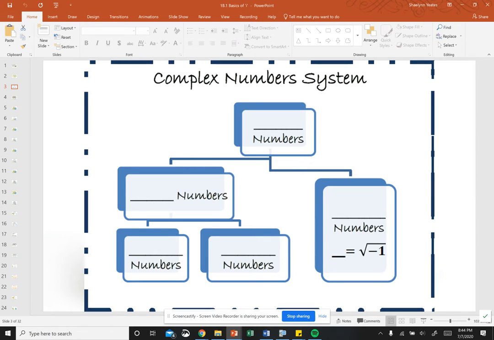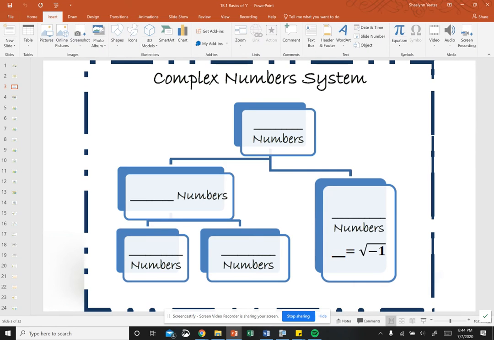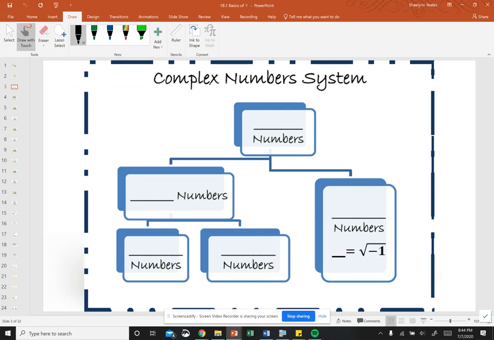All right, so the complex number system is actually made up of a couple of things. So if you're in your notes, you can see what this is. Go ahead and write on it all over. So the complex numbers are broken up into two parts. It's like an apartment complex, not like complicated complex. Okay, so complex numbers are real numbers